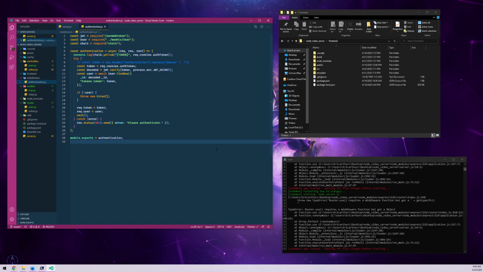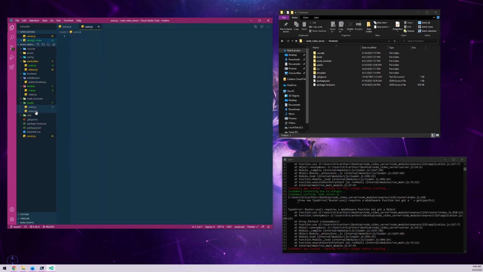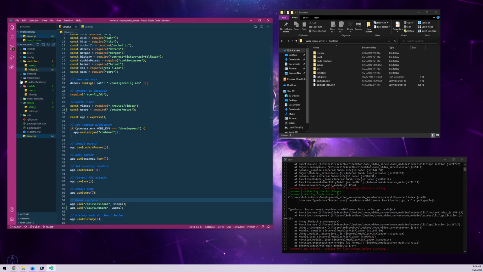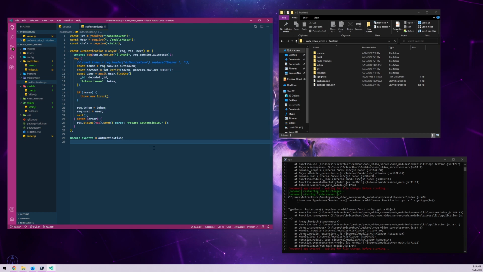This is authentication middleware. So what this does is each time I'll be putting it on the actual router itself, on the user router. So anytime there's a request made through the API, through an HTTP request on the user routes, I'll be requiring authentication on all those routes. So this is already written, but